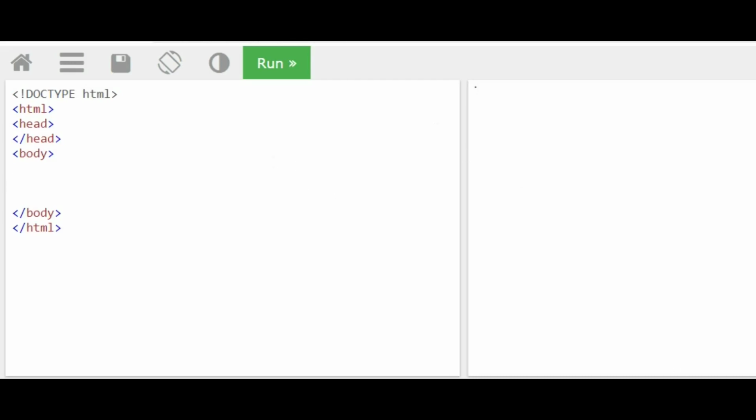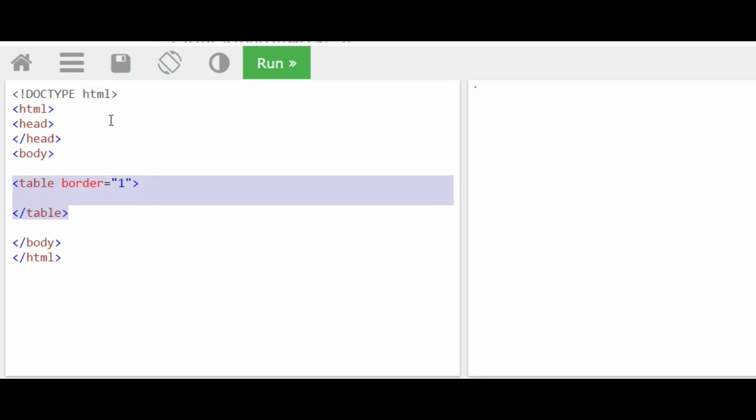So tables are designed using table tag. So table tag and termination of table tag. So entire my table design should be within these two tags. Since I have written table tag here and I will execute my code, but I can't see anything in my output. Why? Because if I ask you to draw a table, you cannot simply draw a table, you must ask how many rows are there. Correct? So then only you can draw a table.